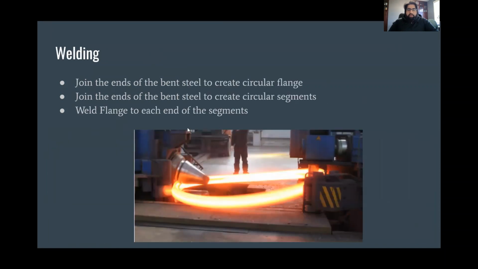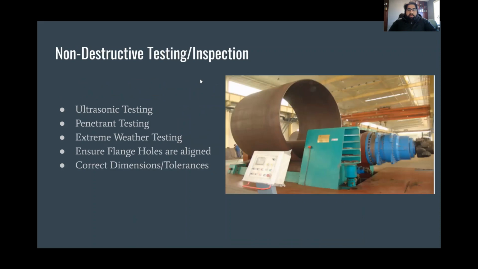The welding. Once your rectangular sheets are bent into the circular profile, the ends are then welded together to create one full segment. Once that is done, each flange is welded onto each side of the segment. So on each segment there's a flange on both sides, and the flanges are then connected together during installation. The non-destructive testing goes through ultrasonic testing, penetrant testing, extreme weather testing, and in the inspection